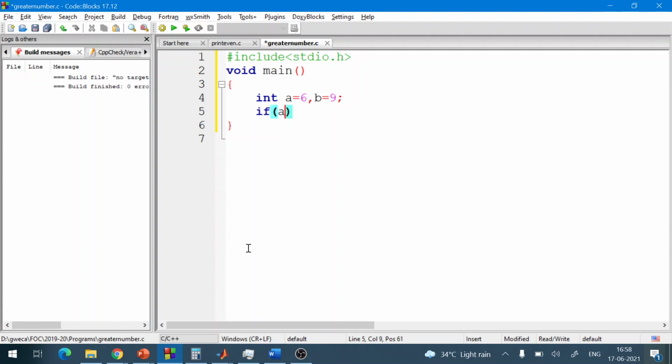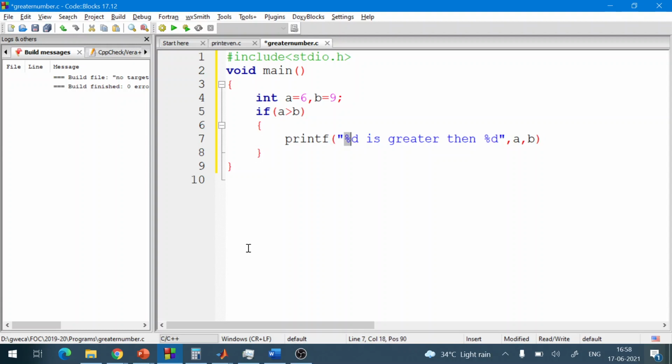If a is greater than b, it means, what does it mean, that %d is greater than %d. Now who is the first %d? A, and the second %d is b, because if this condition becomes true, it means a is greater than b.